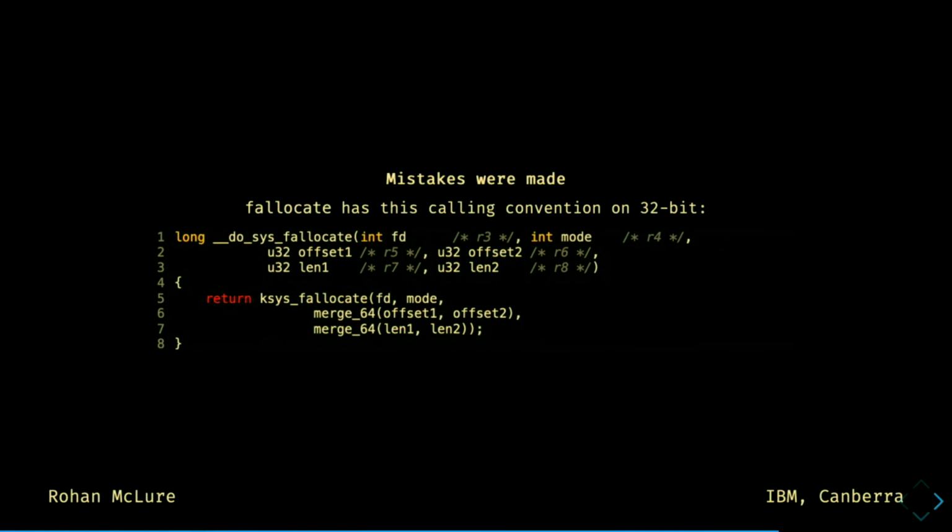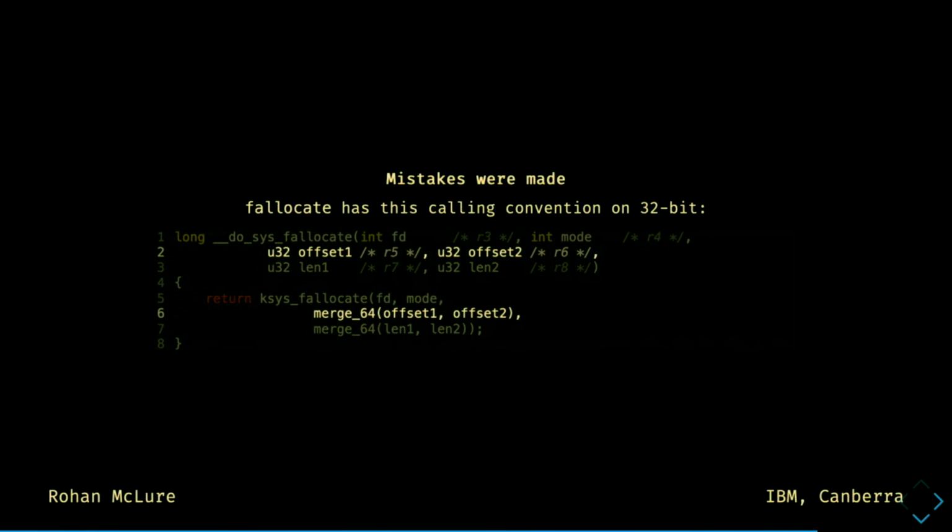And yeah, just to spell it out a little bit further, we only pass in 4 registers. The last 2, R5 and R6, should be parts of the offset parameter, but instead they're interpreted as a random bit of offset and a random bit of len. And so this is what the macro should spit out, but it doesn't, which is not good.